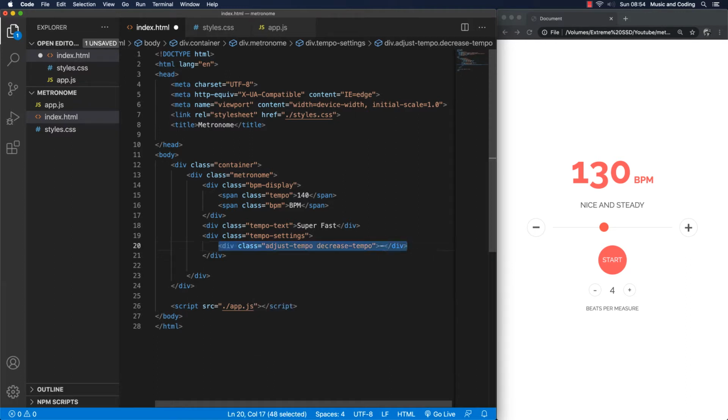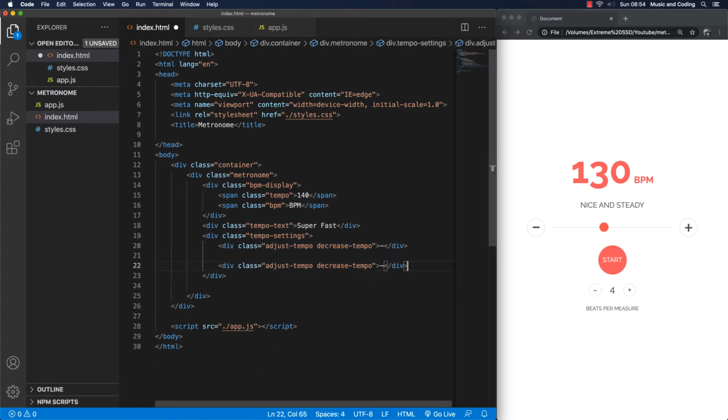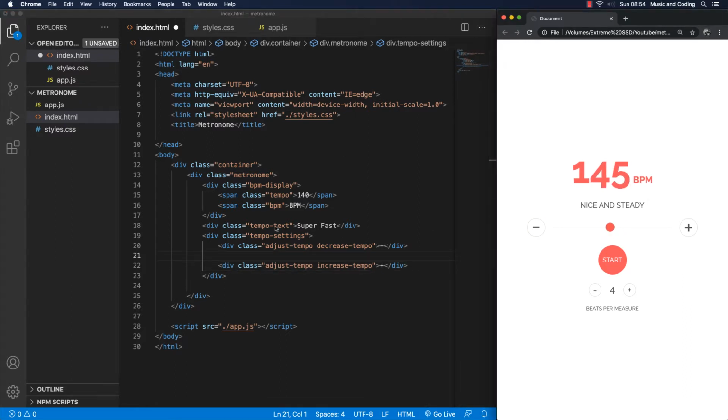Then I'm going to take this one here, and I'm just going to copy it, and it's going to be the same here, but here I'm going to call it increase instead of decrease. All right, and then of course we need a plus here. So far so good. So in between here we need the slider so we can slide up and down, and that is going to be an input,